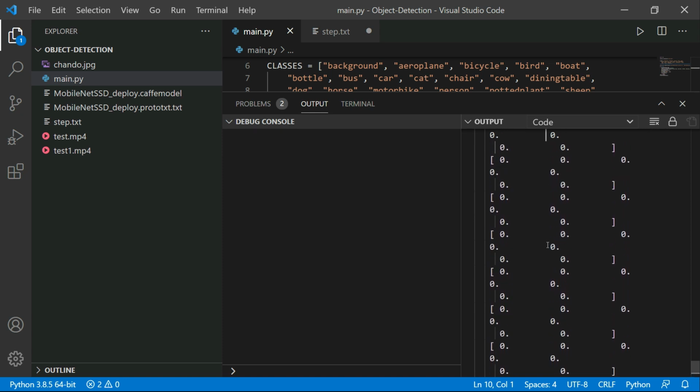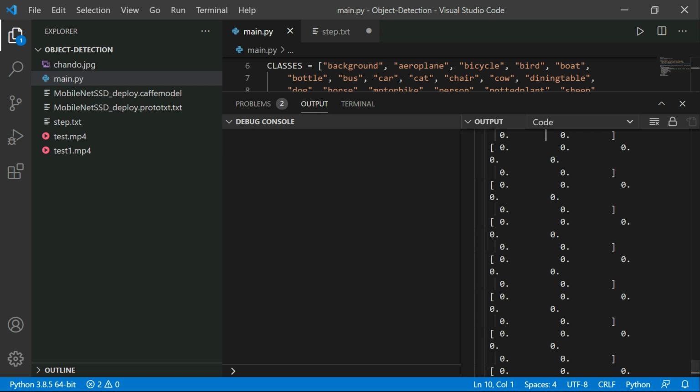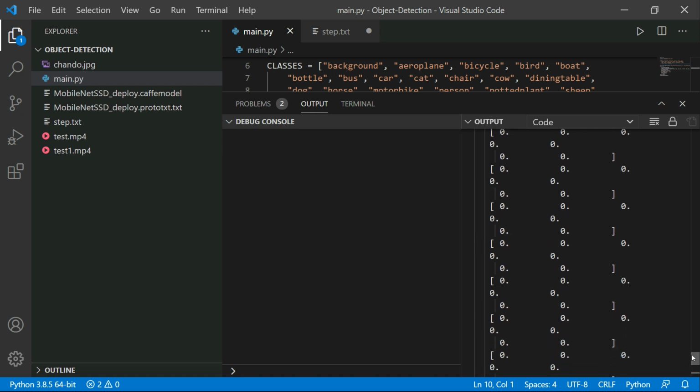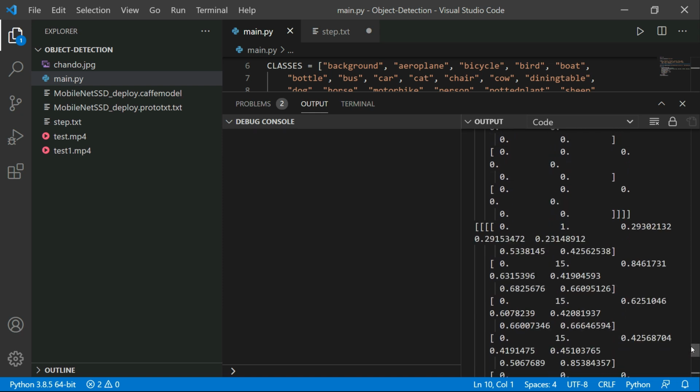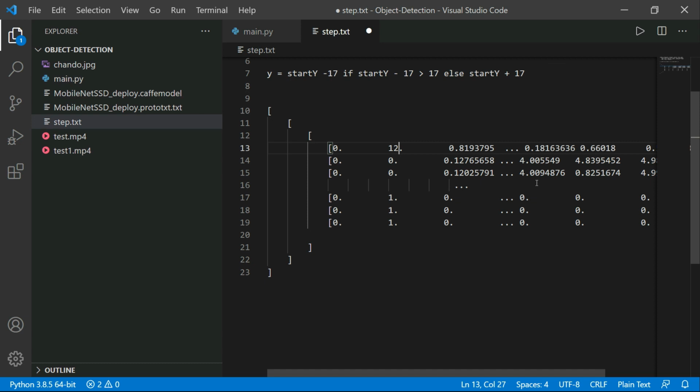But you can see some values here. If I go here, you can see 0 1, this is the confidence value. So I took some values, you can see 15. If I take this line from here, Control C, go here and paste it,